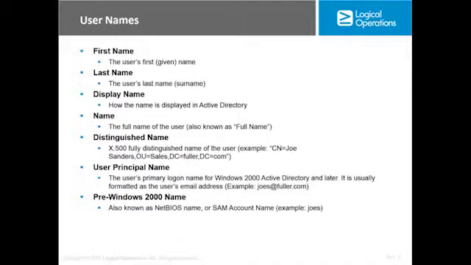Okay. In a pre-Windows 2000 environment, we used what was called the NetBIOS name for logging on. That was also referred to as the SAM account name. So the example that we see on the slide is just a simple Joe S, whereas the user principal name is